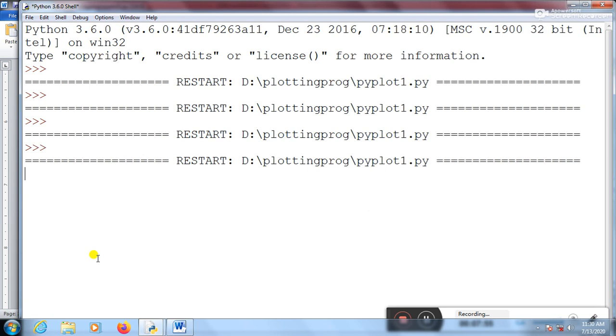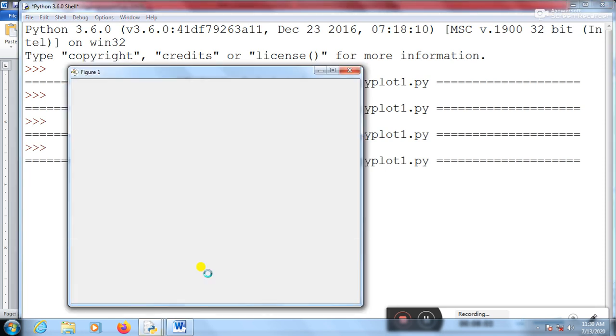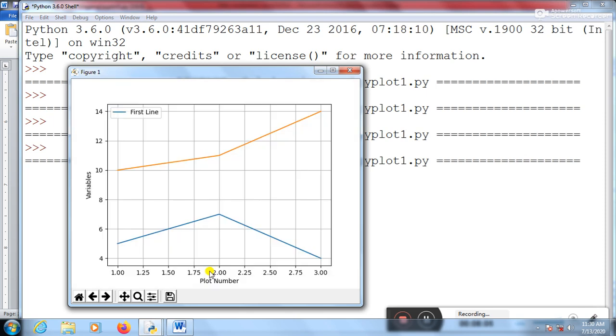Okay, it's executing a shell and then it will create a graph, and there it is, a graph. The two lines, first line, second line. Where is the second line? It is not showing right now. Let's see. And then this is a plot number, variables, and line.